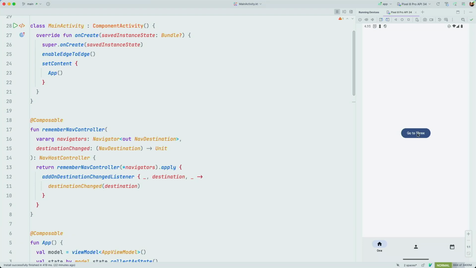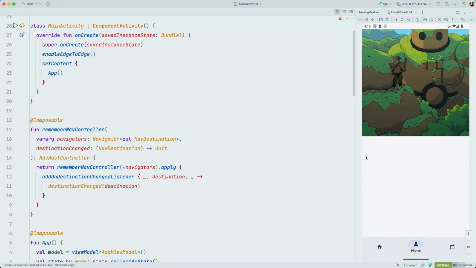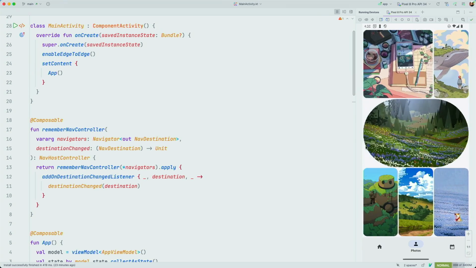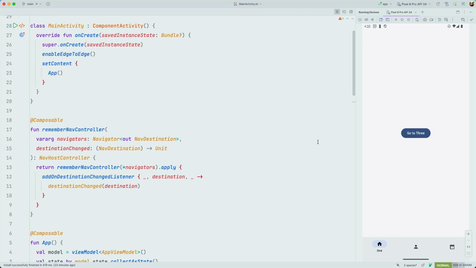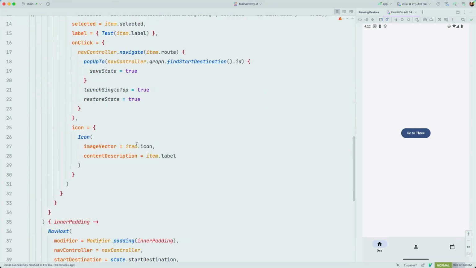This one screen has an explicit go to 3, just to test out explicit navigation between sibling components. And then it has this photos feature, which is just like a feed detail thing. So you can click and drill into the detail. Very, very simple application. And then if we look at the setup, I'm going to scroll down a